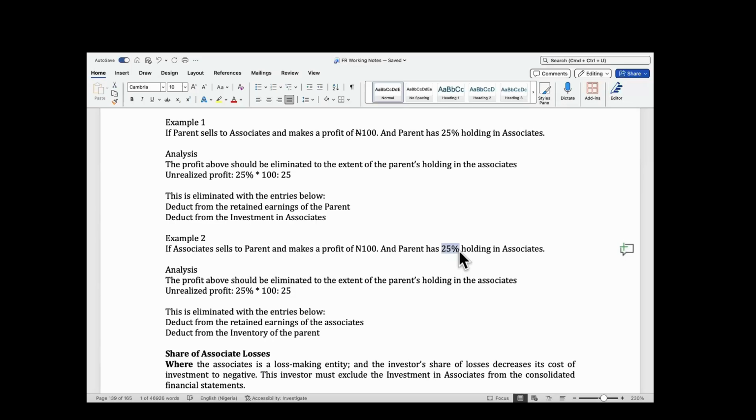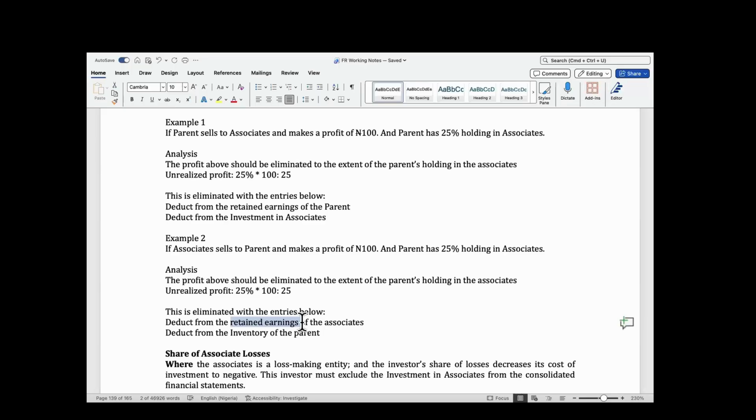And the parent holding is 25%. Again, there is intra-group profit. You can only eliminate it to the extent of the parent's holding in the associate, which is 25%. So what we eliminate is 25% of 100 naira, giving us 25. How do we eliminate this? Number one, we're going to deduct it from the retained earnings of the associate before we take our share of its profit. You remove that unrealized profit from the retained earnings of the associate